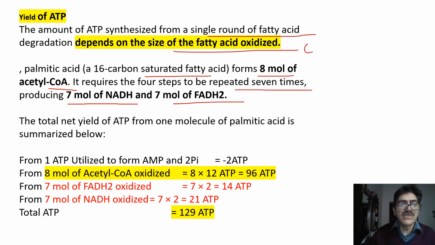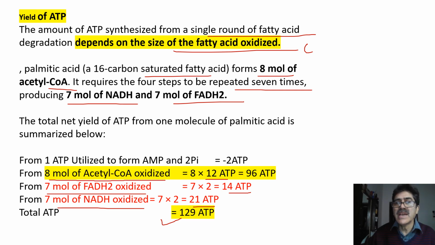So this is the energetics. 7 moles of FADH2 will release 14 ATP, 7 moles of NADH will release 21 ATP, and 8 moles of acetyl coenzyme A are oxidized. From one cycle of TCA cycle we get 12 ATPs. 12 into 8 means 96 ATPs. So overall it comes to 131 ATPs. Initially 2 ATPs are utilized for the activation of fatty acids. So the overall energetics is we get 129 ATPs from oxidation of a fatty acid like palmitic acid molecule via fatty